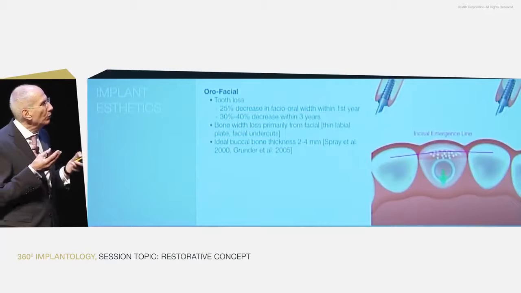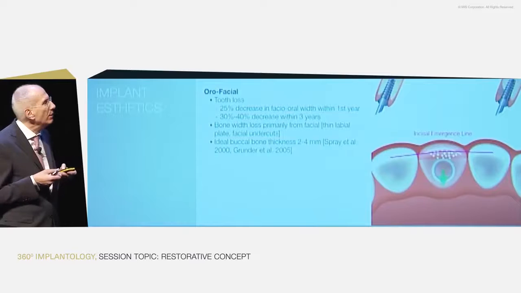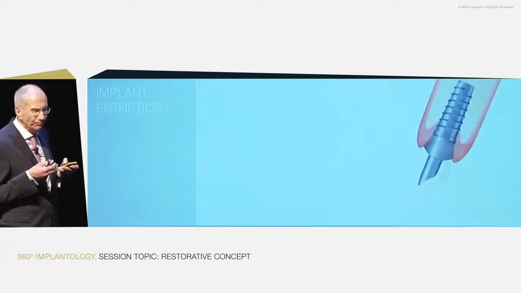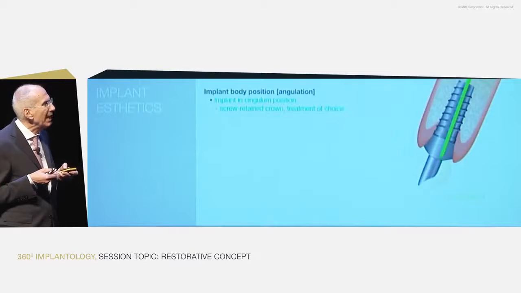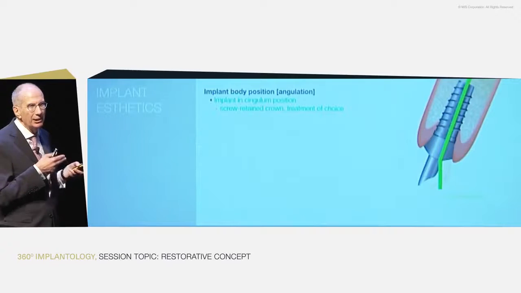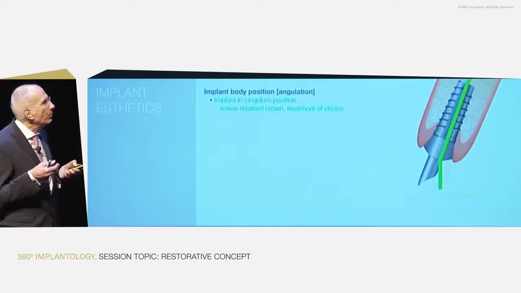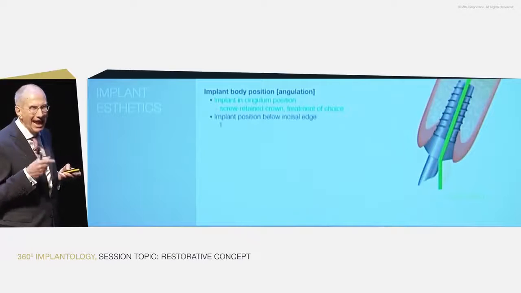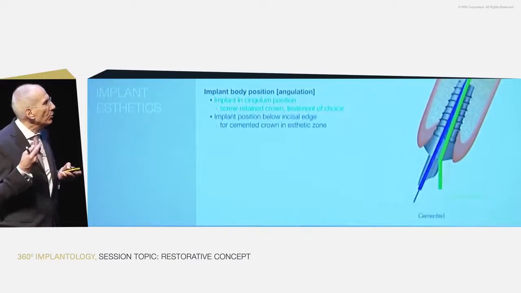And maybe we have to compensate that also by going a little bit more palatally, by placing the implant. And we have some possibilities today by the angulation, either by the screwdriver or by the abutment, to have the solution that we are planning as a prosthodontist. On the one side, screw retained, today